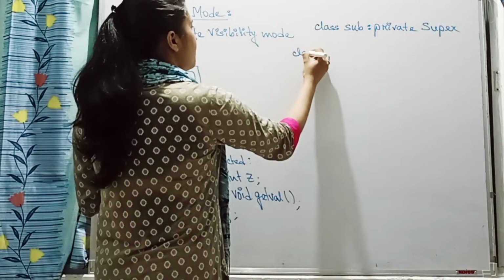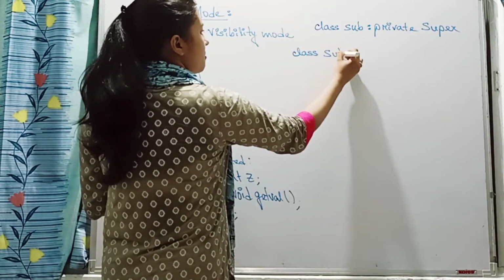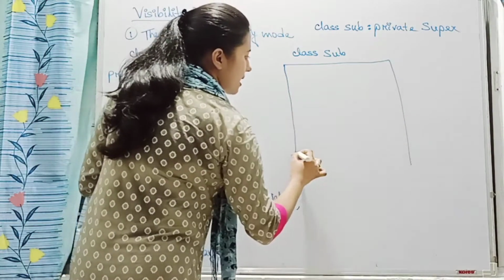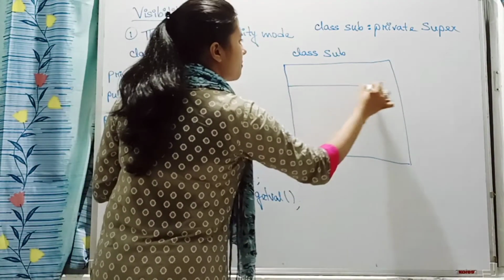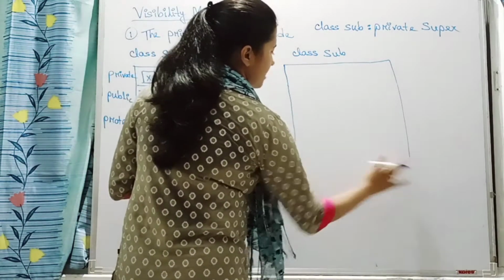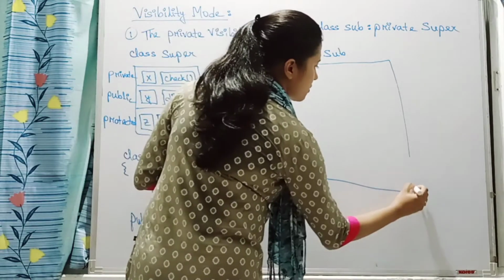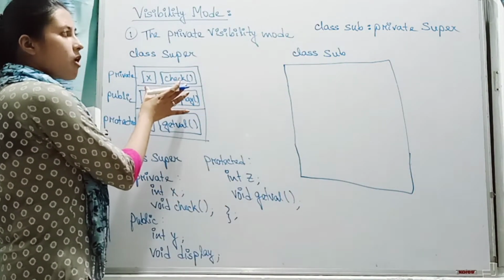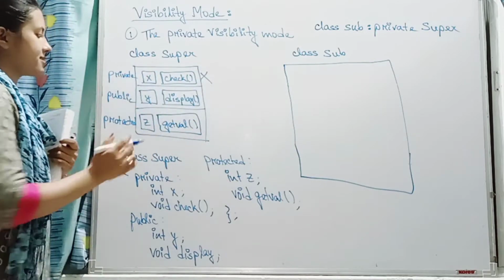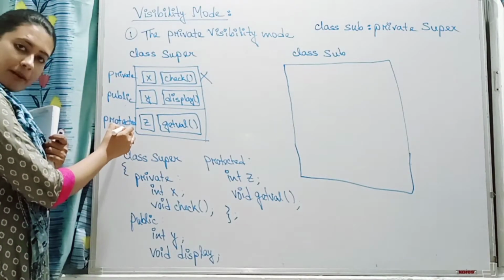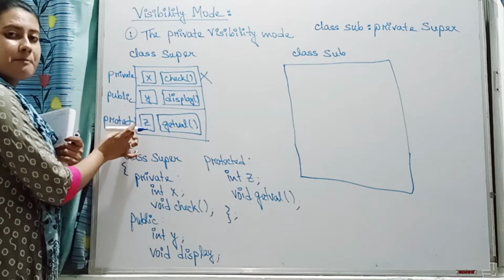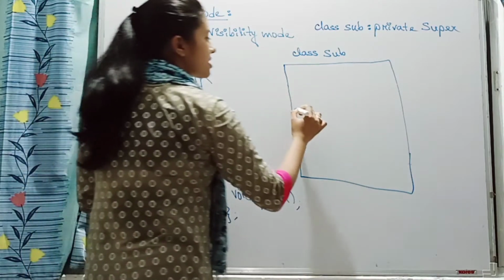Now, when we define the class sub, the class sub derives the super class privately. So what will happen when it is defined privately? Private members of the super class are not accessible, meaning private members cannot be accessed. But public and protected members can be accessed, but privately, meaning these public and protected members will be defined under the private section of the